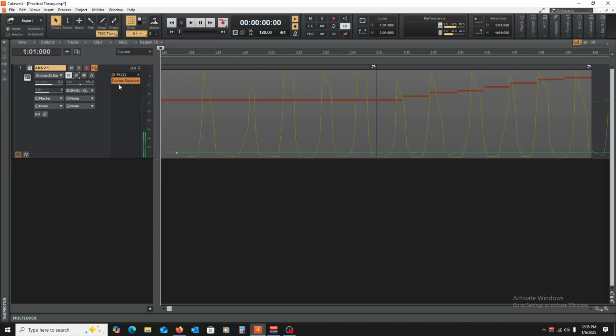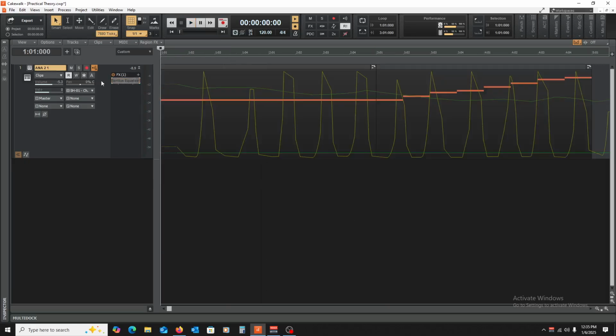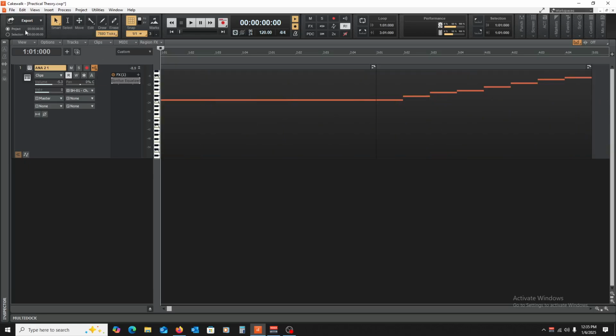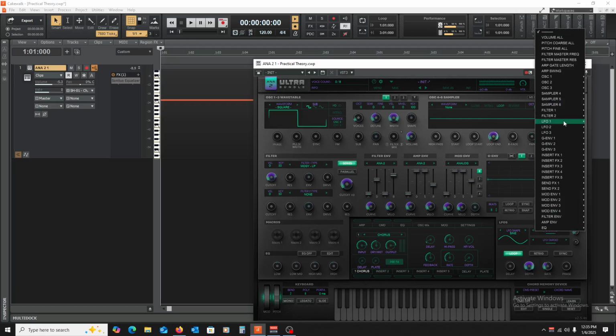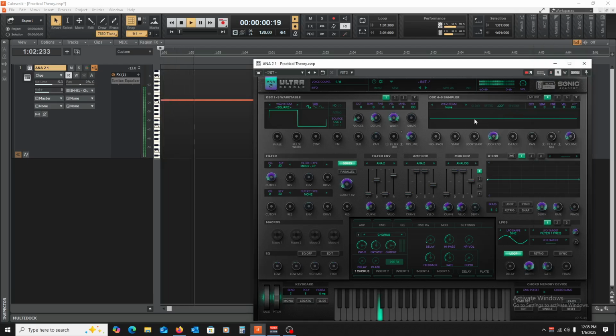All right. Conversely, we can turn this off. We can undo that automation. And we can just have our LFO do that exact same thing for us automatically.